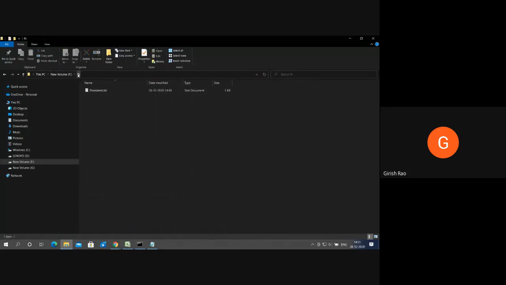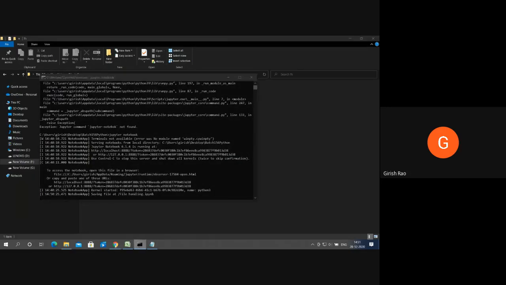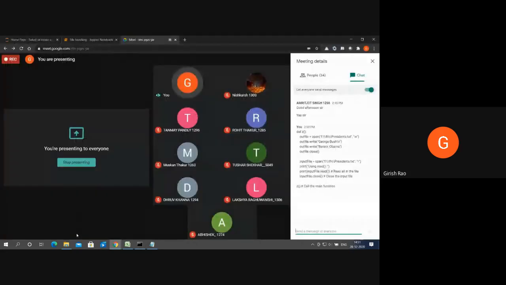I have created that folder, and you know how to create a folder. Don't write anything in this file; our program should be writing the contents in this folder. In case you don't have an F drive, you could use a D drive or C drive, whatever it is. Kindly try it out. I'll give you 2 to 3 minutes to execute this.